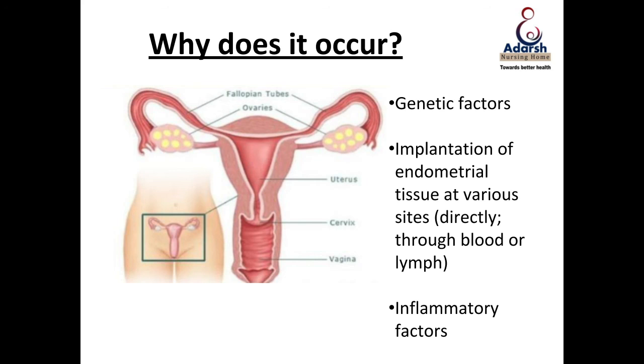So normally, if retrograde menstruation occurs, that is menstruation in the opposite direction, backwards through the tubes, the blood or the endometrial tissue will be eaten away by your white blood cells. But suppose the white blood cells don't function how they are supposed to and they don't eat up the tissue enough. In that case, definitely we'll have a case of endometriosis where that endometrial tissue can sit on the ovaries and then become hormone responsive.